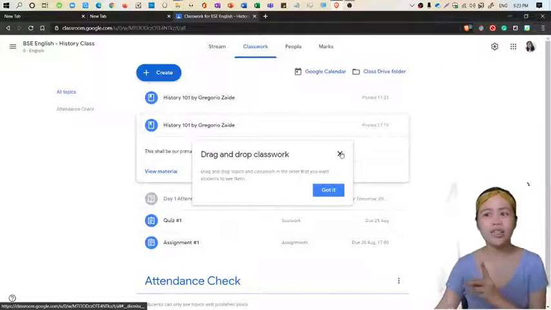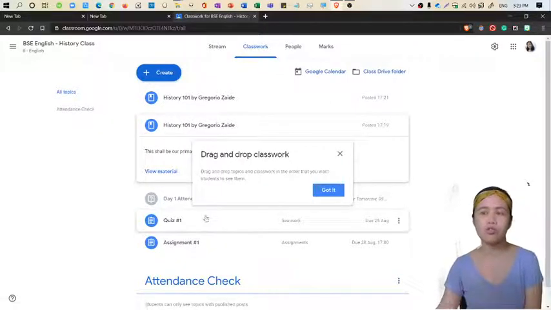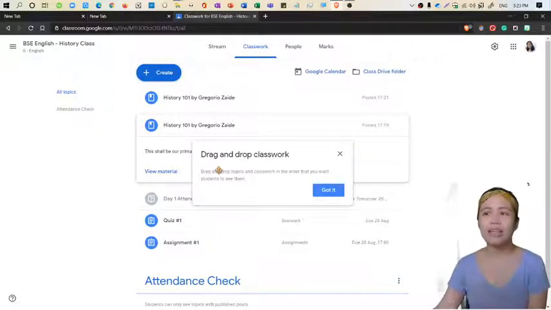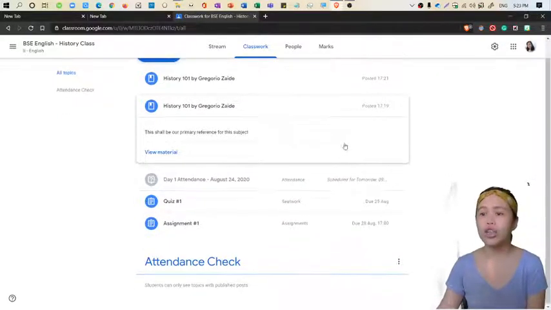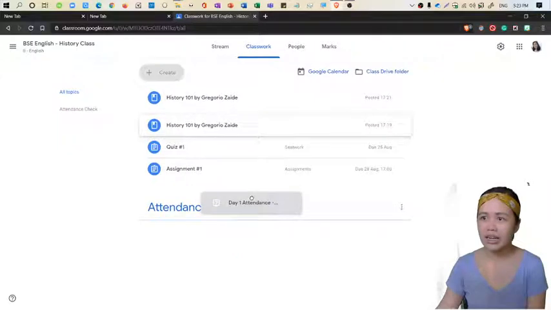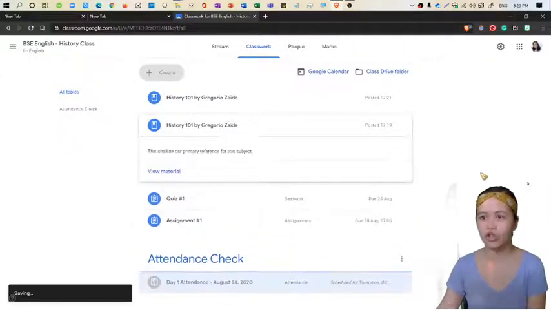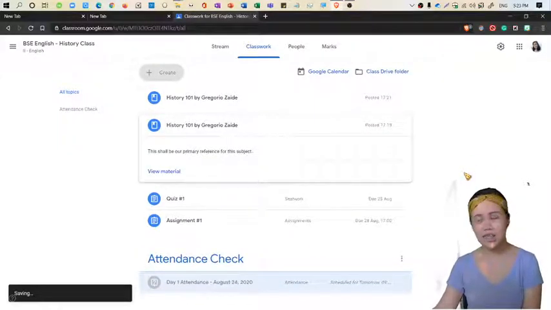Ayan, may tour na naman dito, may help instructions ulit: drag and drop classwork. Drag and drop topics and classwork in the order that you want students to see them. So, got it. Ayan. Ngayon, itong attendance check, dahil nakadraft pa siya, pwede ko siyang i-shoot doon. Ayan, ganun ka-easy ang maglagay ng